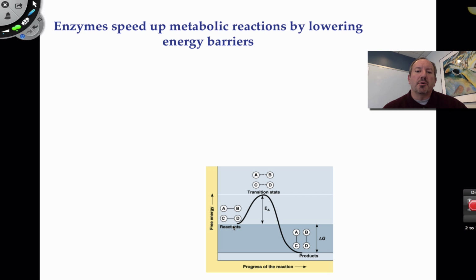Well, if a chemical reaction is going to occur, do you see these reactants down here? This one obviously releases energy, so this is an exergonic reaction, a negative delta G. It's going to occur spontaneously. It's going to have a positive delta S. But do you see this right here? The energy of activation. Though a reaction is spontaneous, sometimes outside energy is needed, and it presents a barrier. This energy is needed to break or stress these chemical bonds.